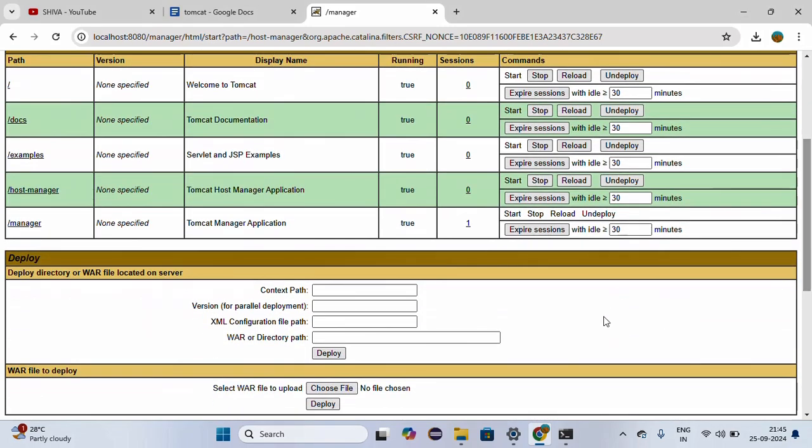This type of operations, like stopping the service, reloading the service, and deploying the service, we are able to perform only when the user has the manager GUI role, or else you cannot perform these operations. So the next role,